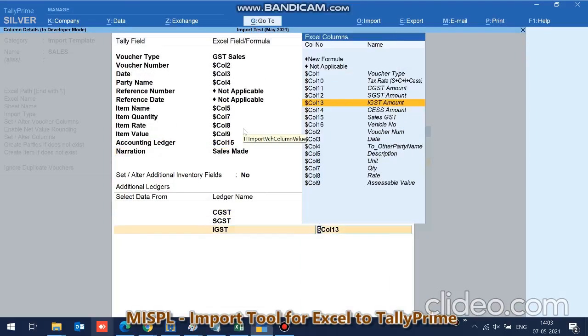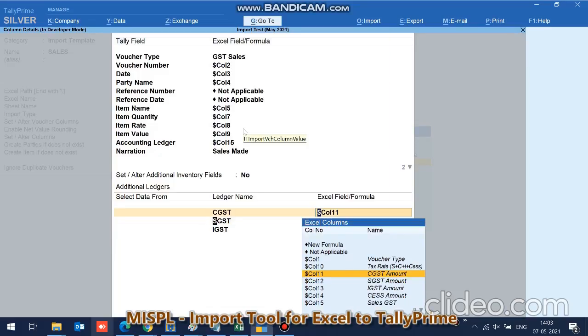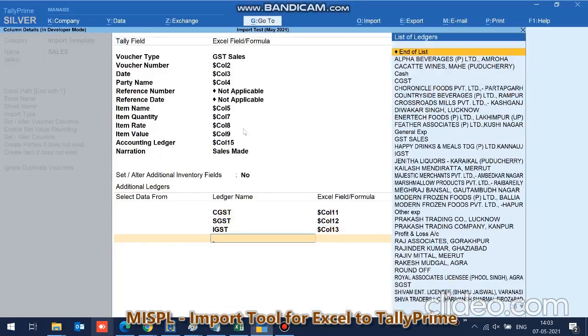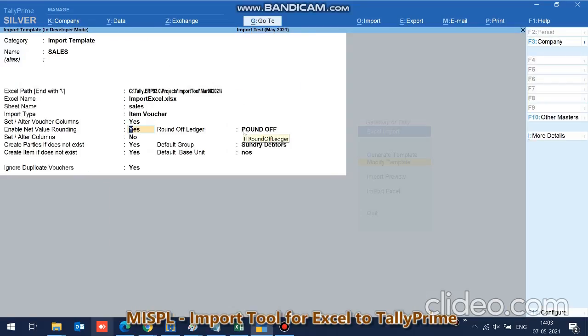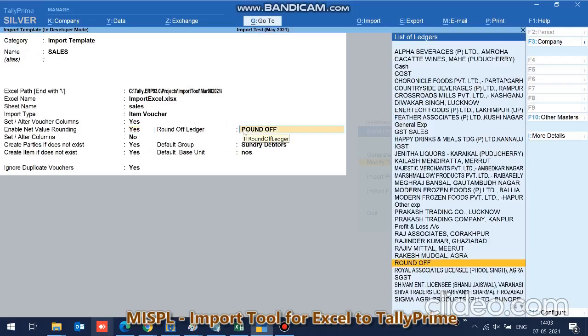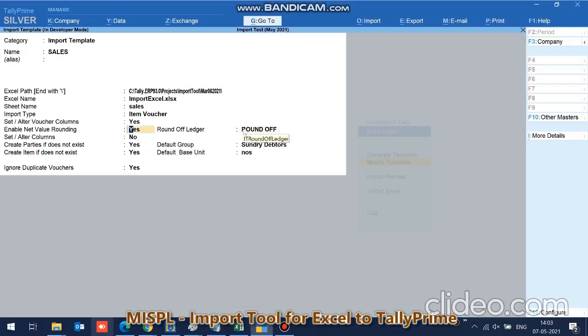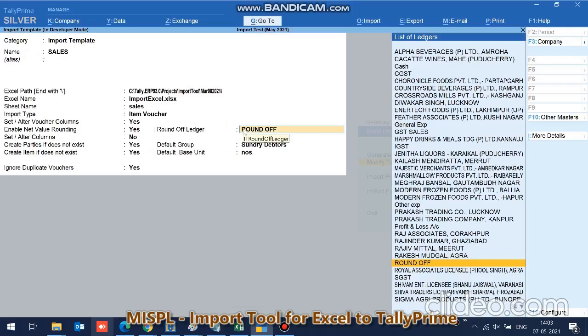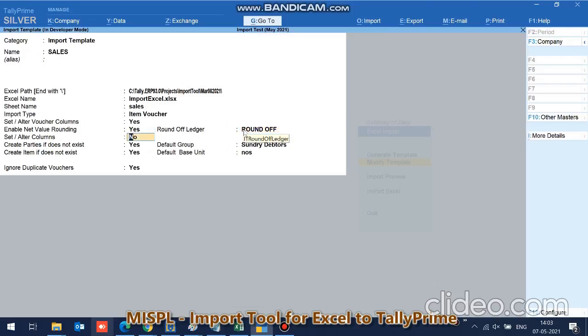Then bill reference, description not applicable, and then we mention the accounting entries here, CGST, SGST, IGST. The round off we do externally because debit credit has to be matched, and accordingly we have to do the round off. So the round off is given here. It is a completely separate formula. Then these are additional columns if you want anything.